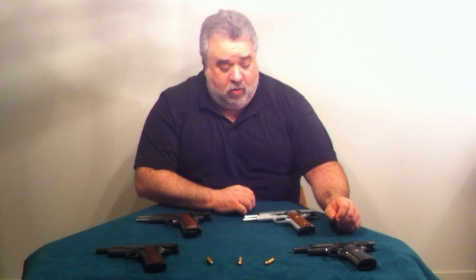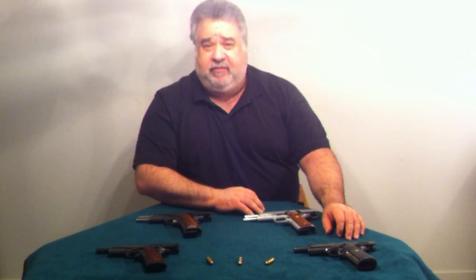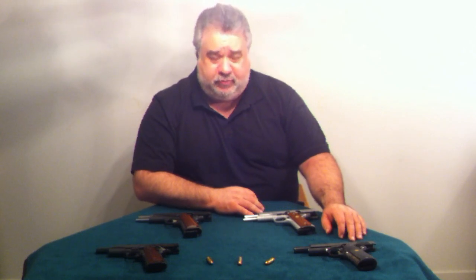Actually, most semi-automatic handguns today, including the Glocks, owe their design to the Browning action. John Browning was a genius when it came to firearms. He has over 300 patents, and this was one of his greatest inventions. The 1911 has been copied since its introduction. During wartime production, it was manufactured by Remington Rand, Winchester, Colt, Springfield Armory, and a number of other manufacturers